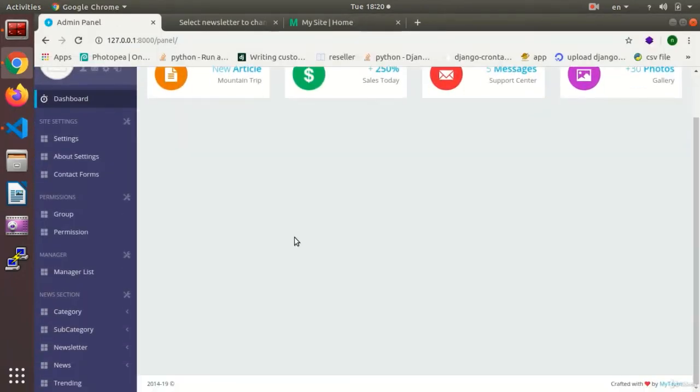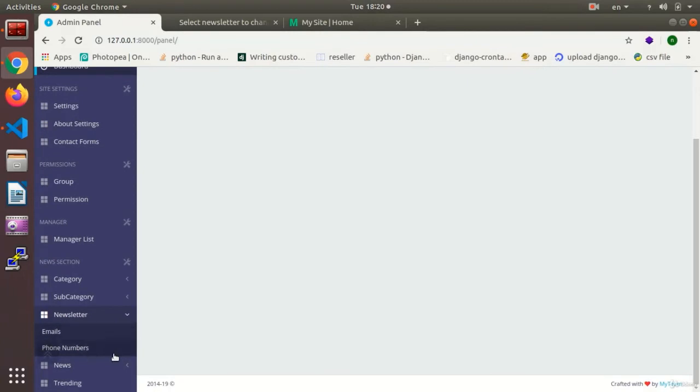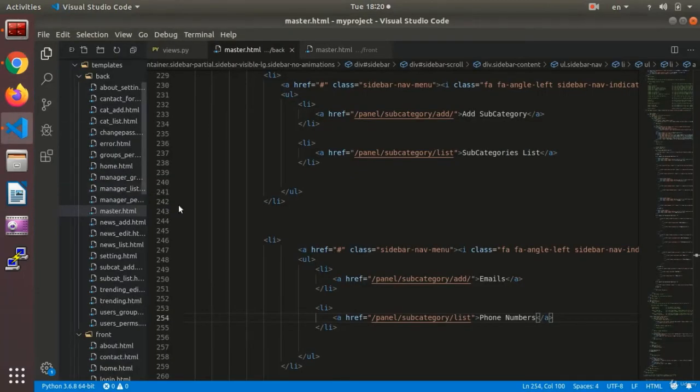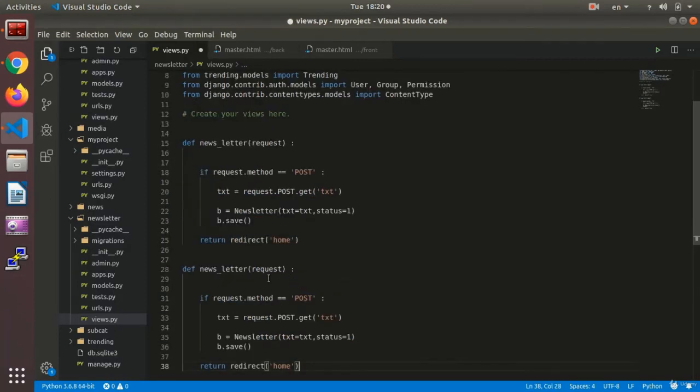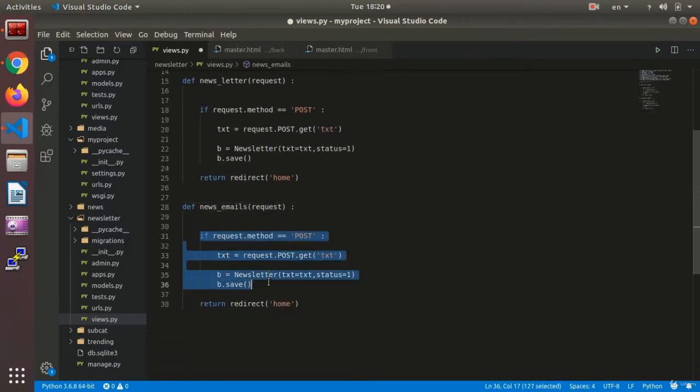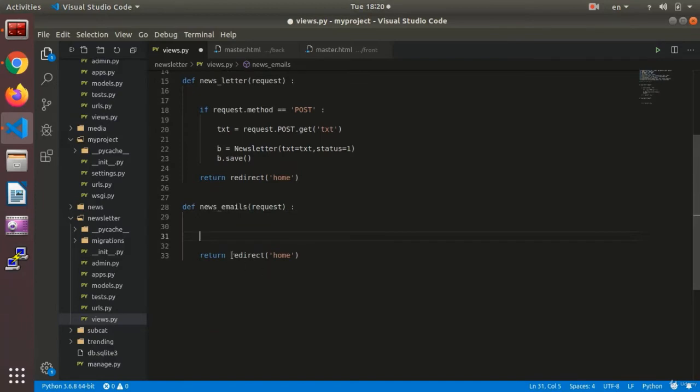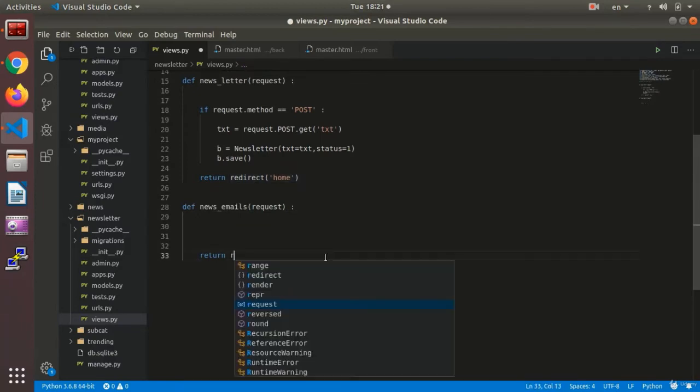Okay, let's see how it looks now. It has been added. Yep, the newsletter has been added. It has 2 subcategories, email and phone number, that need their pages and their view. Alright, I make a copy from this and I call it news_emails. And we'll return